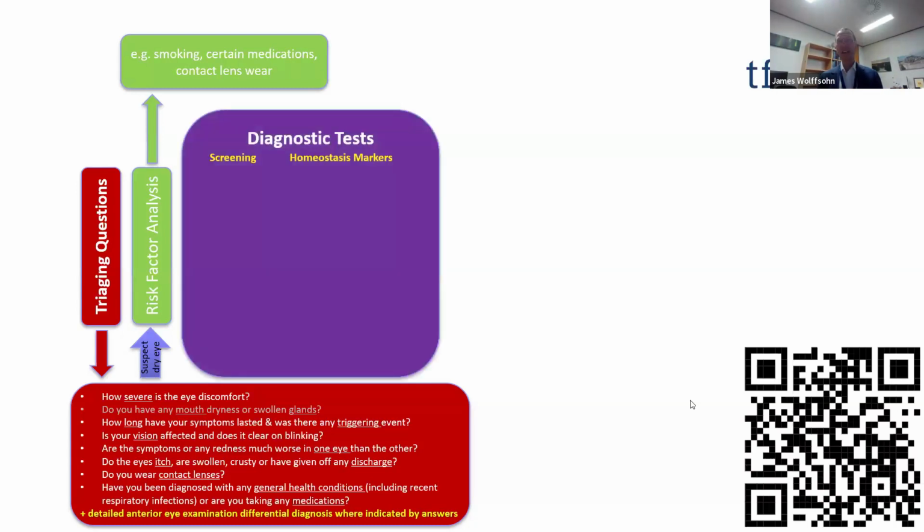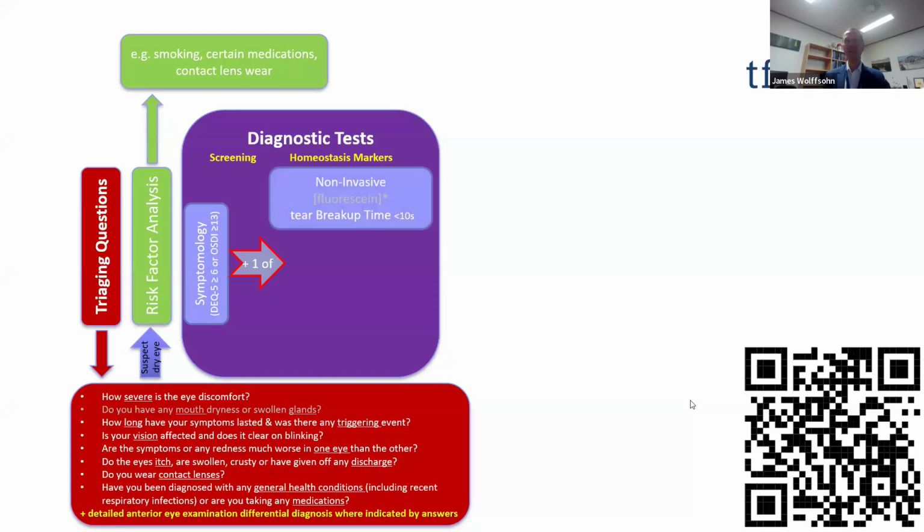But in terms of your diagnostic tests, specifically for dry eye, we do have some questionnaires, and TFOS DEWS 2 recommended 2 of those. So the DEQ-5 or the OSDI giving us cutoffs for those. And again, we could add to that a question about whether those symptoms increase or some of them specifically happen only in a digital environment, which would help to give us certainty about whether there's a digital eye strain element to that. And then in terms of our homeostasis markers, and again, we're going to use these on our digital eye strain reporting patients, because this tells us whether the tear film and dry eye is the principal component.